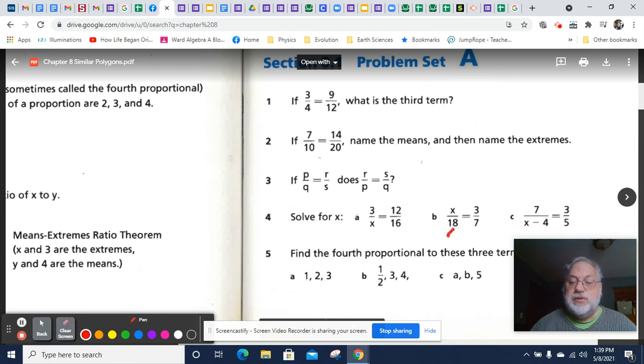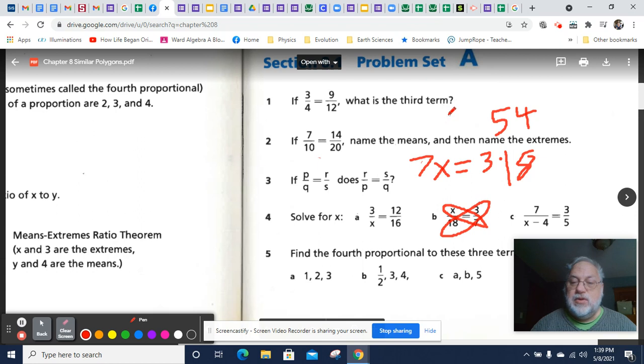Way back in the Wayback Machine, you may have heard of a thing called bat and ball because it leads to that. Okay, so I'm going to end up with 7x equals 3 times 18. And 3 times 18 is going to be 54. Okay, so that's going to be 54 equals 7x. So I can say 7x, and then I can divide both sides by 7, and